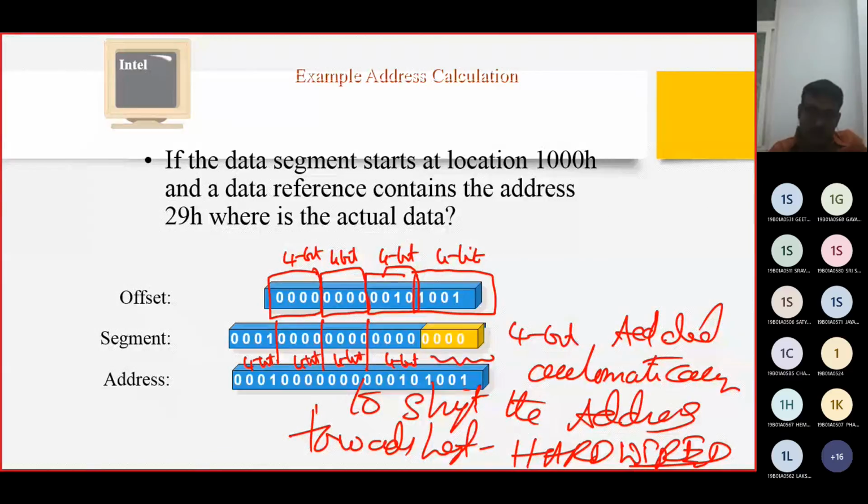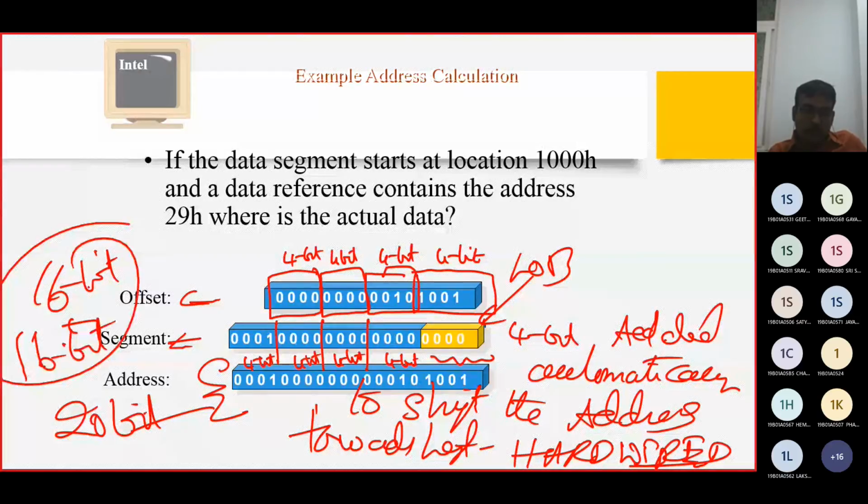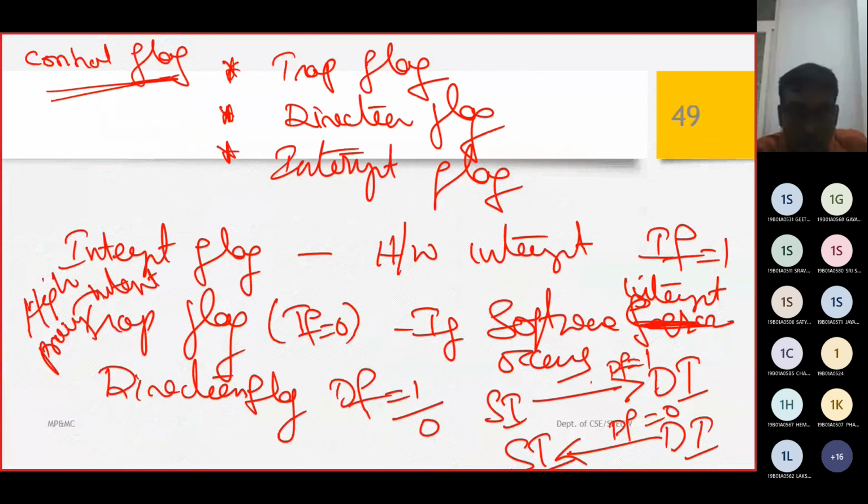So what happens is the low order bits will be kept constant because we are going to add them with zeros. So it is kept constant and moved to the segment and offset, and holistically we are going to get this 20-bit address. The segment starting address is 16-bit, the offset is 16-bit, and both we are going to add. Now we are going to generate the 20-bit address.